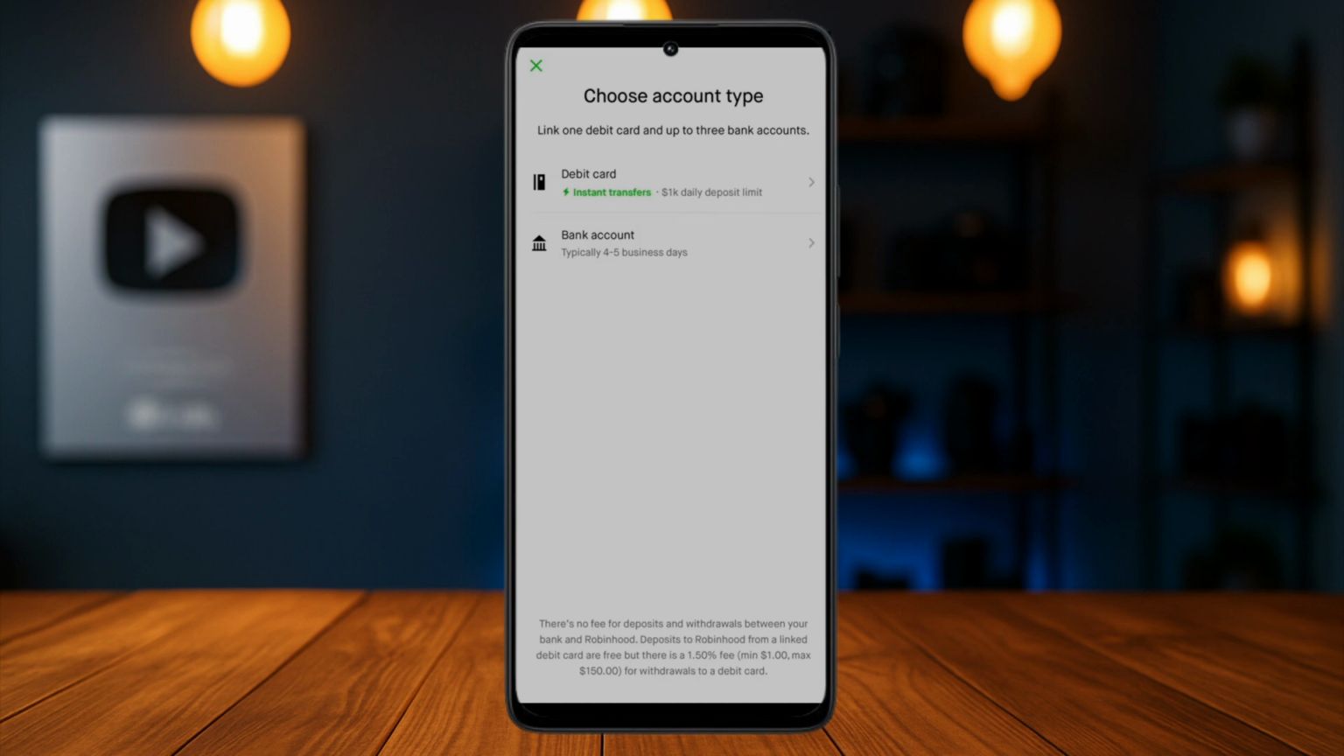account option. If you choose to deposit using your debit card or link your debit card, you can tap on the debit card option and then fill in your debit card information such as your card number and your security code. This is going to have a deposit limit of $1,000 per day, and this transaction is going to be